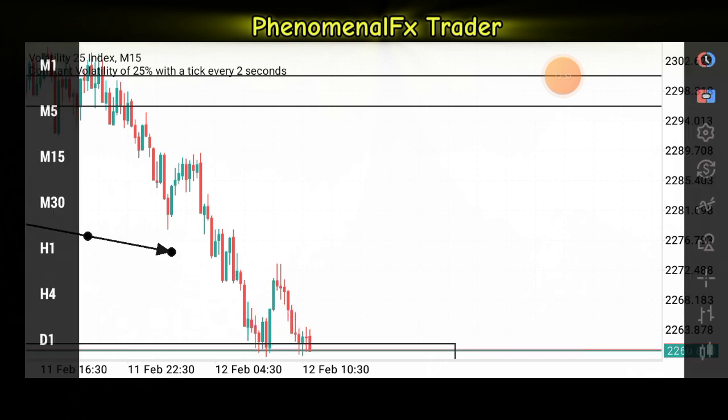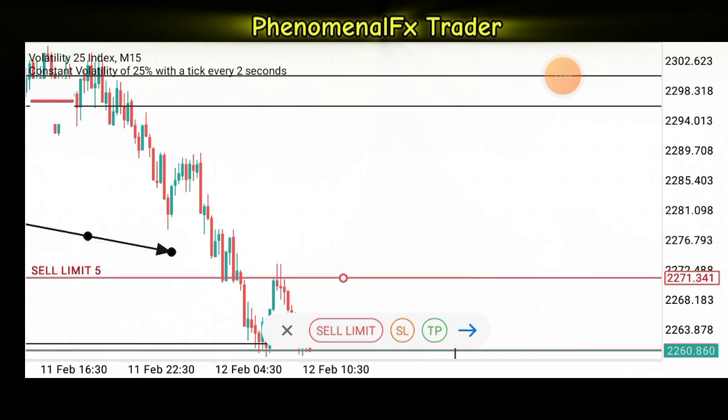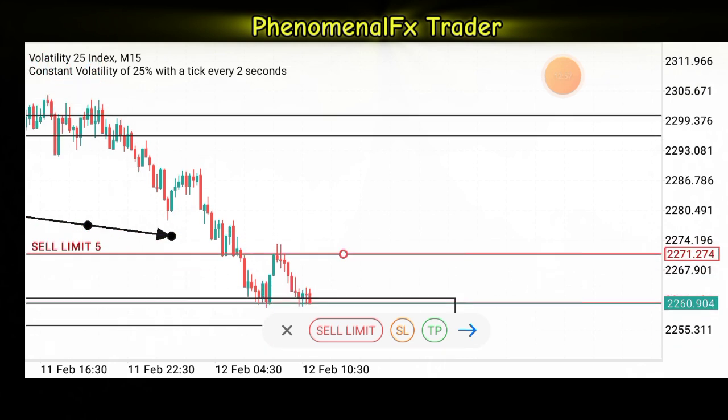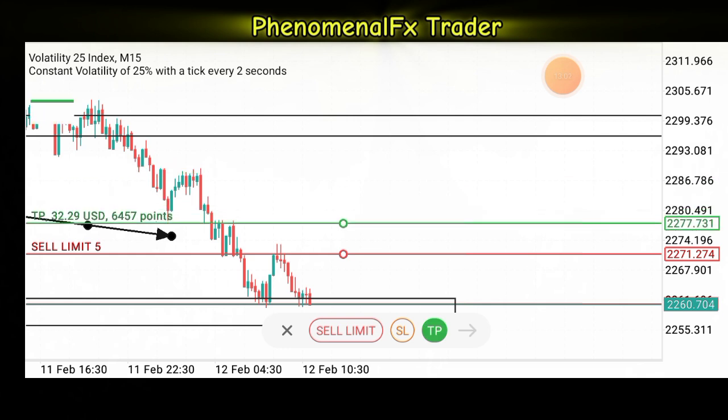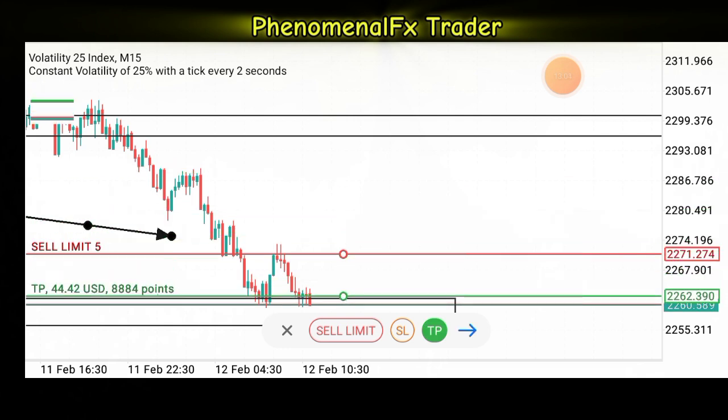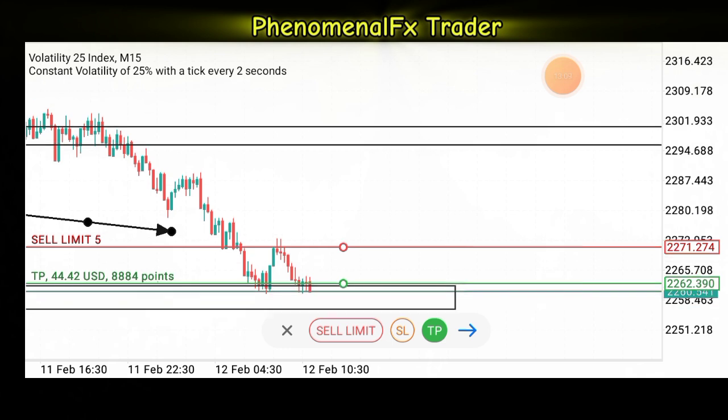All right, all they do is go in with a reasonable lot size, because you are very sure of the direction of the market. Based on your analysis, you are convinced that the market will be selling. You jump in and you see what happens. This is with the 5.0, which is 10 positions with the minimum lot size, and you're making how much? This is about